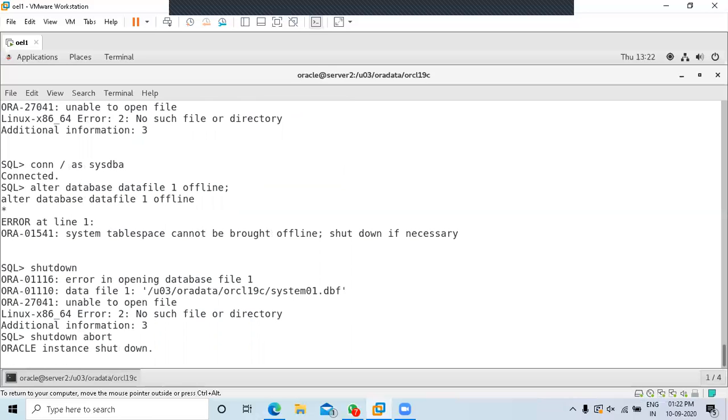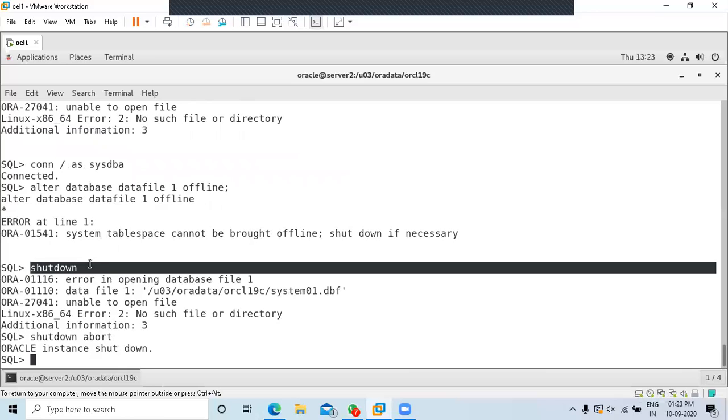This has become a scenario where I have to go for an offline recovery. There is no chance of online recovery in this particular scenario, because there is no offline for system.dbf. So you have to shut down the entire Oracle instance with abort. Normal shutdown is not possible, because system.dbf is missing. I already taught you that whenever you run the shutdown command, DBWriter is called to write data to the data files. When one of the data files is missing, shutdown is not possible. So you perform shutdown abort.